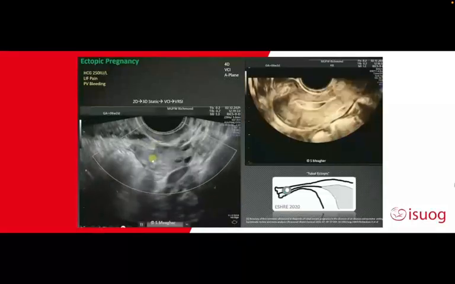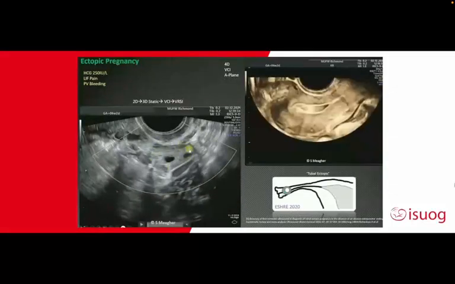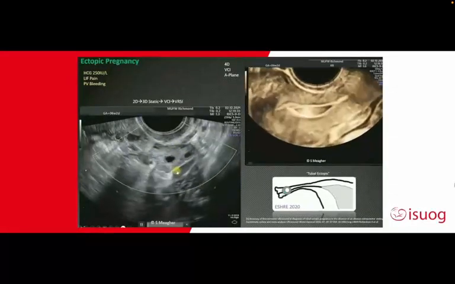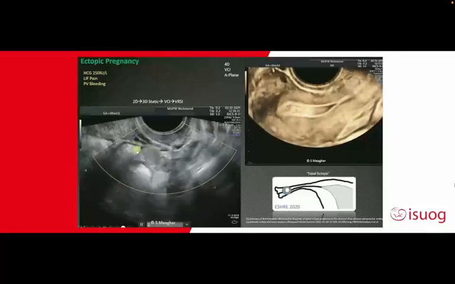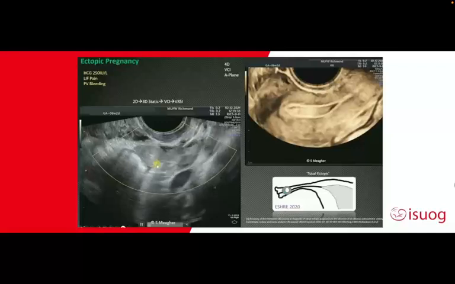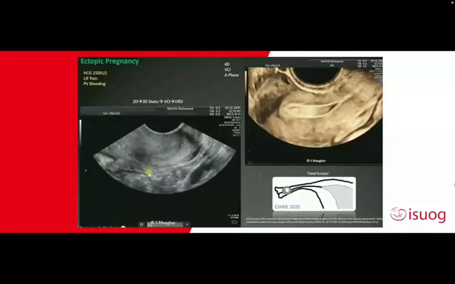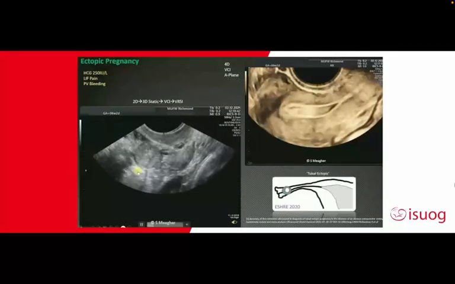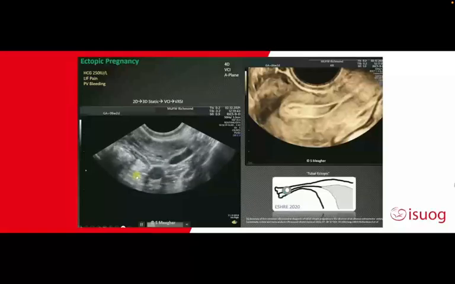When you look at the adnexa, you see the ovary coming into view here, but there's a very subtle, indistinct soft tissue mass that sits beside the ovary just here. You could easily pass this as being bowel. However, when you take a 3D volume of this area, you will begin to appreciate that you are looking at